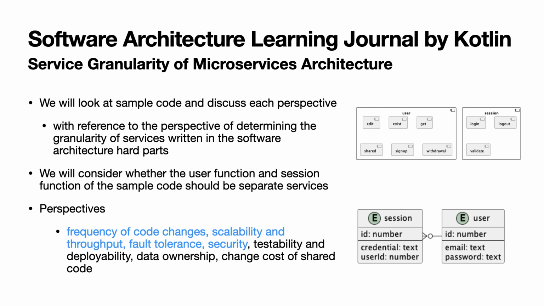In this series, using Kotlin, I'll be sharing what I've learned about software architecture fundamentals. In this video, we'll discuss the granularity of services to transition from a service-based architecture implemented in a sample total app to a microservices architecture. We'll examine the sample code based on criteria outlined in Software Architecture: The Hard Parts to determine the granularity of services,